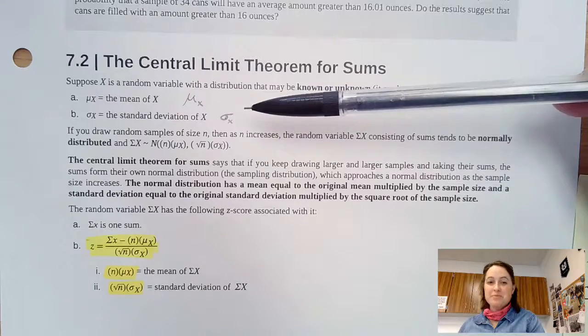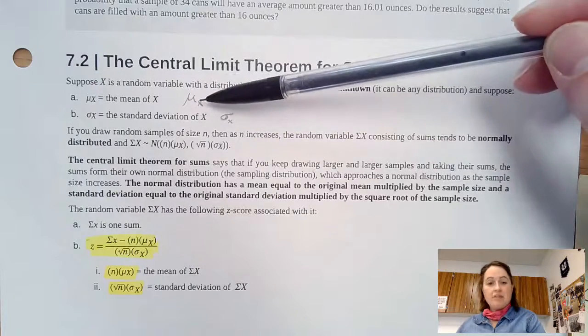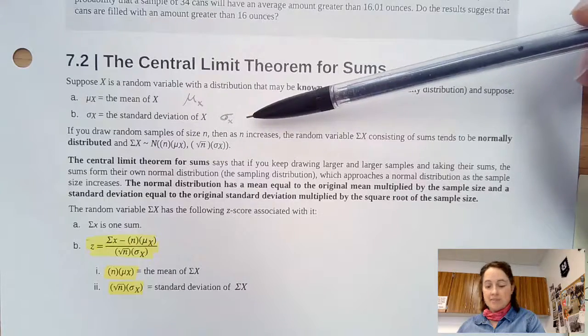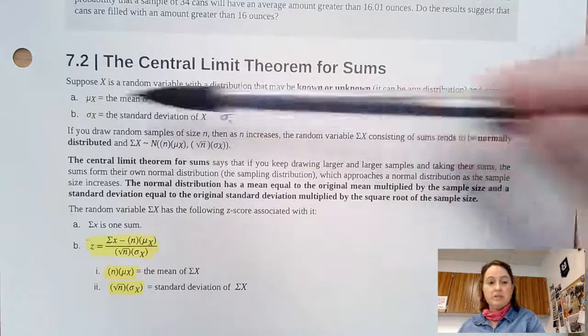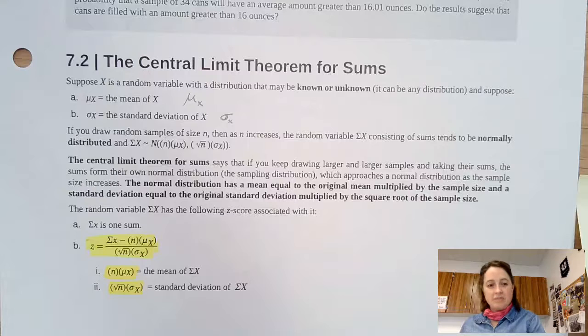Remember, this is a free textbook. So this is mu sub x and this is sigma sub x. It's just a typo. They're not supposed to be multiplied. They're just labels, okay? All right, so as we move into this, the central limit theorem says that it's still